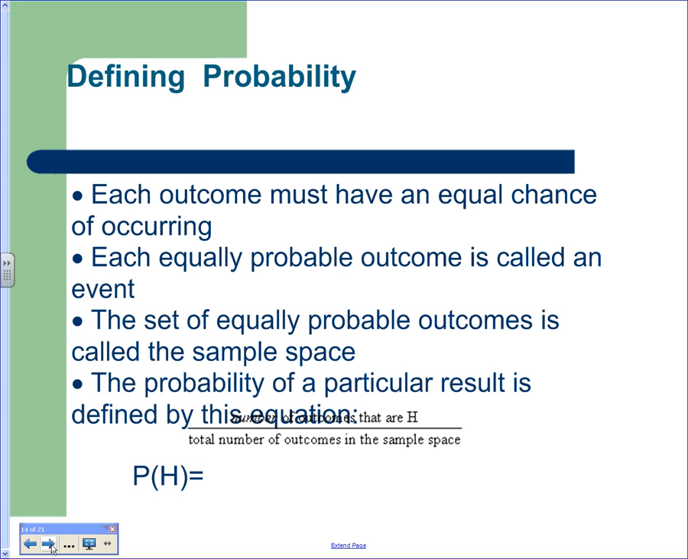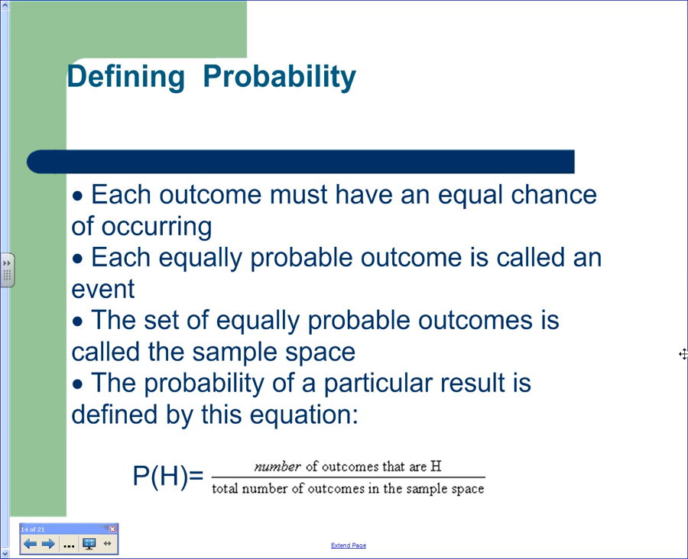Each equally probable outcome is called an event. The set of all of your possible outcomes is called your sample space. The probability for a particular result is the number of outcomes that are...